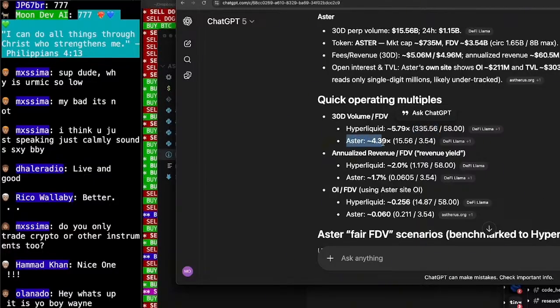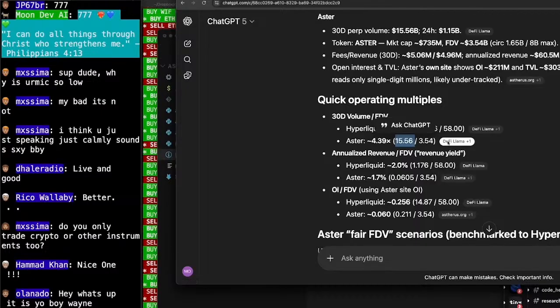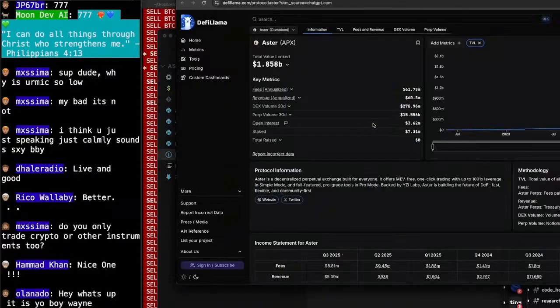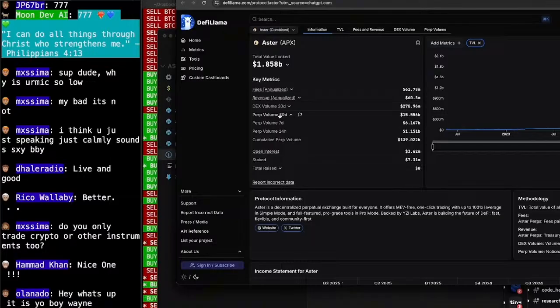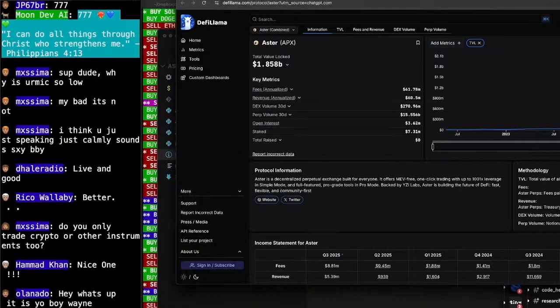Aster is 4.39x. They have 15 billion 30-day volume. Don't know, it's a little tough to believe. I know I'm being super skeptical, but you know, it's probably a good thing. Anyways,